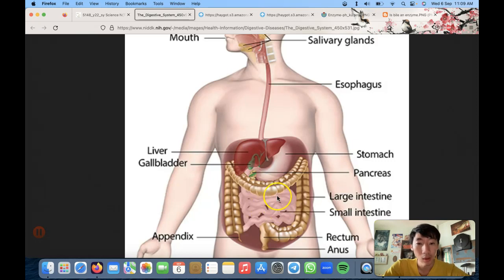Okay, then all the other undigested things, for example, the fiber. Our body cannot digest fibers, which are found in fruits and vegetables. So these fibers and some of the excess water will then enter into this large intestine over here. The large intestine's function is quite simple: just to help absorb any excessive water and also some of the minerals and vitamins. Minerals would be things like iron and calcium. Vitamins will be things like vitamin C and vitamin D.